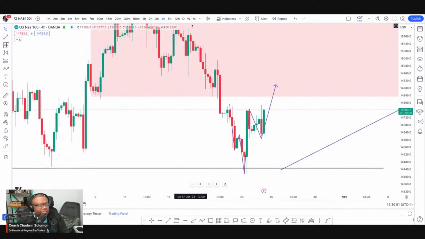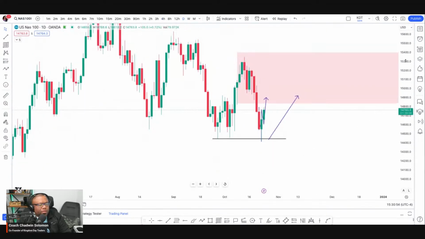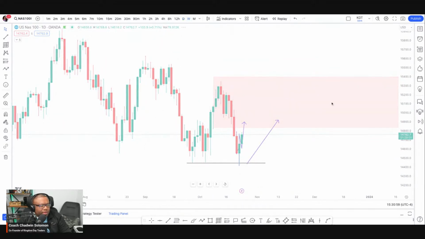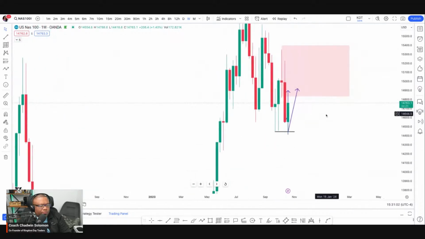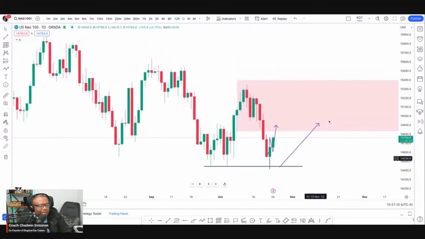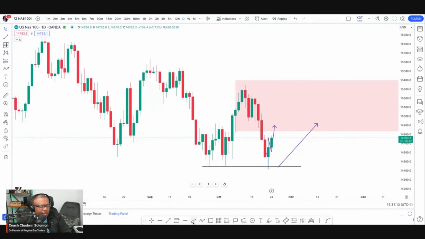So a little bit more upside to that area, and then we're going to have to wait and see what happens inside of here, right? Right now, low-hanging fruit is from here into that area. We're going to have to see what happens inside of that zone as time goes on, because ideally, I don't want to see NASDAQ go further down. Honestly, I'd like to see it bounce in here, perhaps push down a little bit. But in an ideal situation, I'd like to see it go above that.